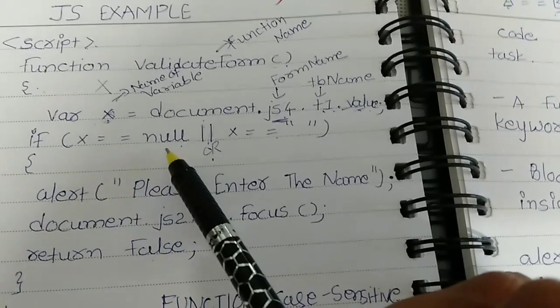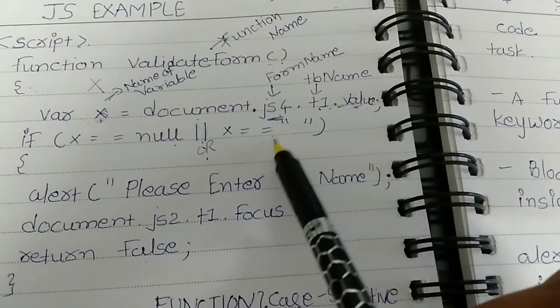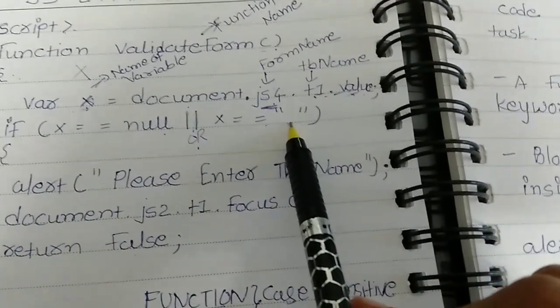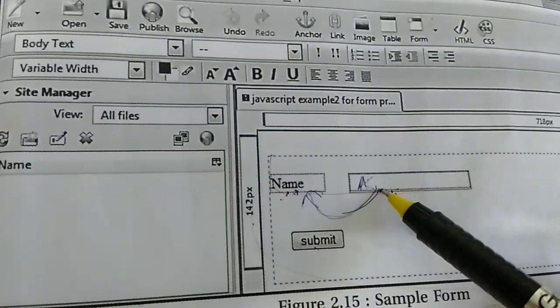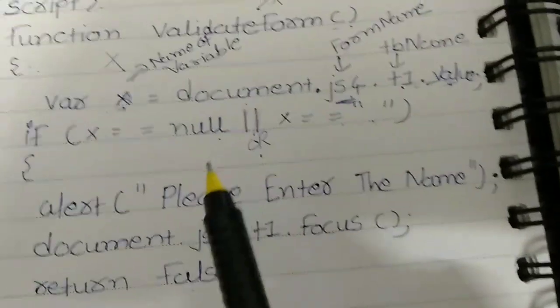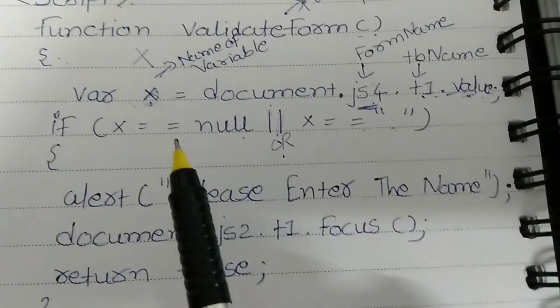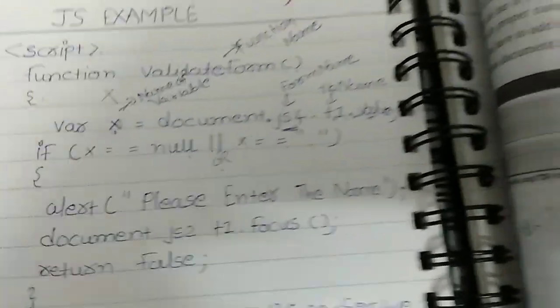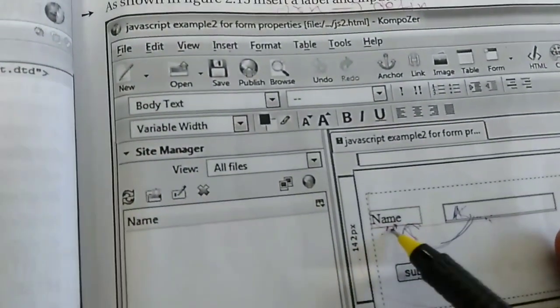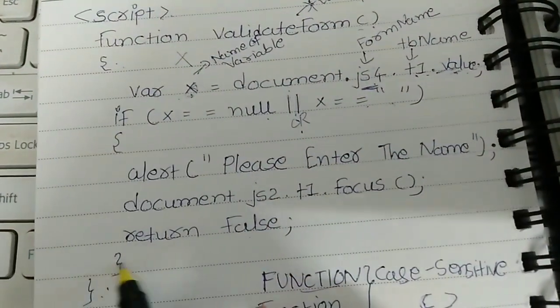If x equals to null, it means your text box is null. If yes, my text box is null, then this condition is true. But if I have written my name in my name text box, then this condition is false, and our program will be terminated.